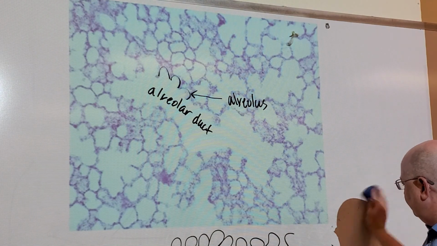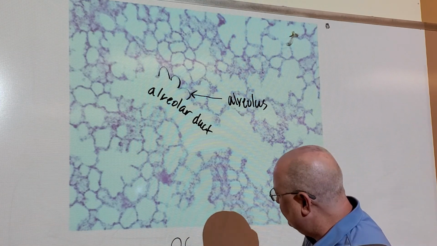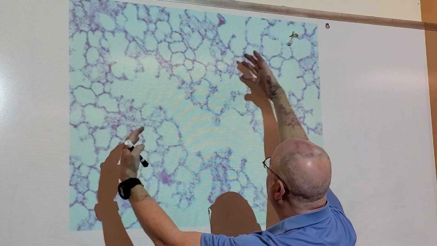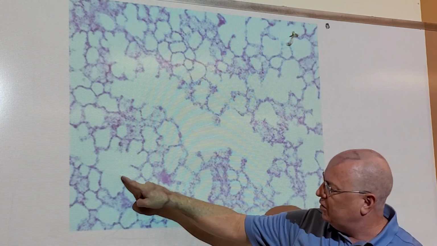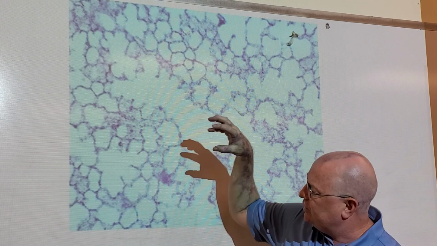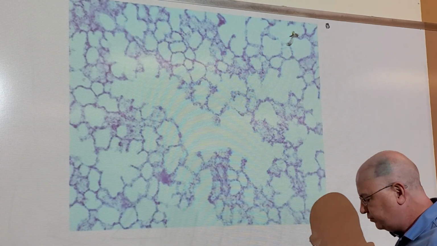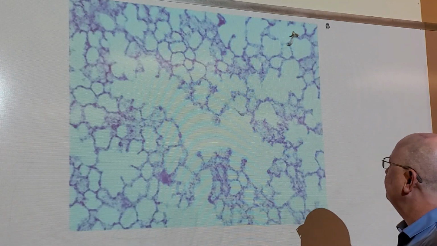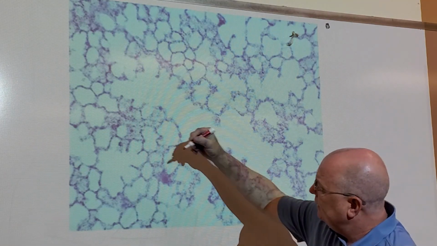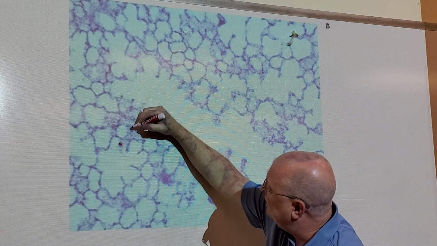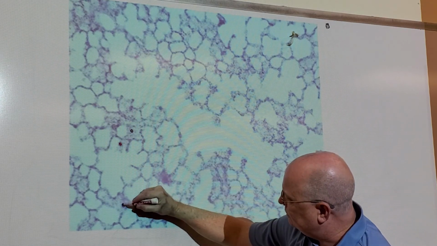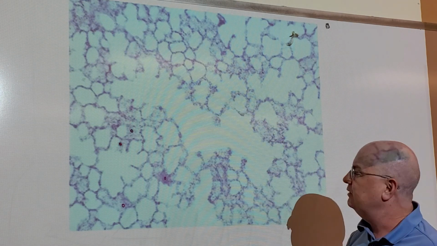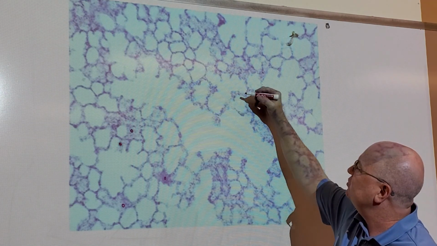Now, while I have you here, I want you to stare at this picture as much as you can. And look how vibrant and healthy and packed this is. And with all these little edges, look how much surface area there is. One of the things that we're not going to test you on, but you can see in here, if you look carefully enough, is occasionally there'll be these little spots where there's blood vessels. And there's actually blood vessels in the walls of these alveoli, and those blood vessels are capillaries,